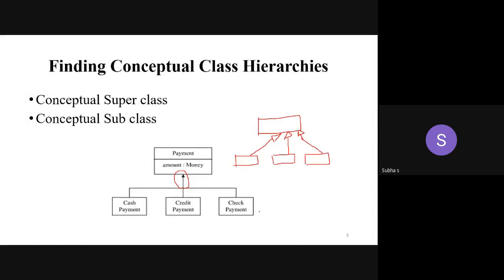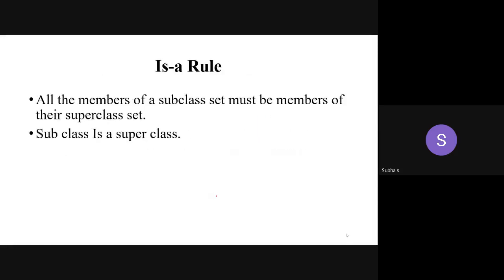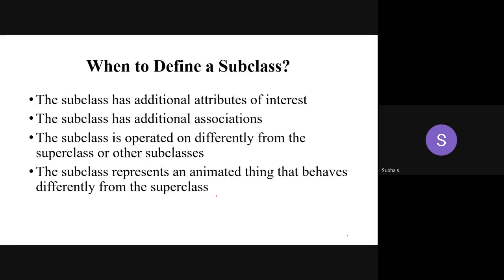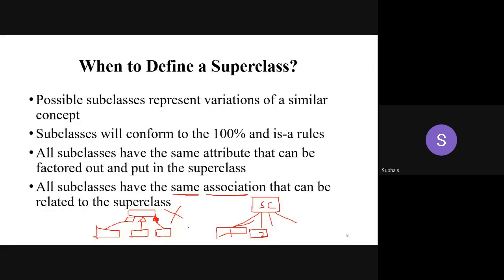This is a similar kind of association because for all the three subclasses, I am using generalization only. So that is the last point given. All subclasses have the same association that can be related to the superclass. You can't use this one. Don't use it at all.